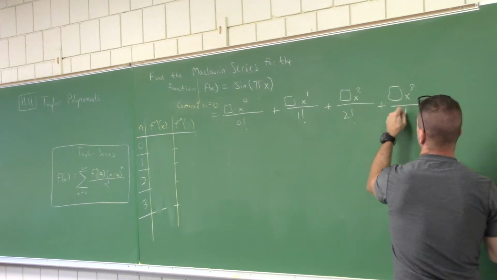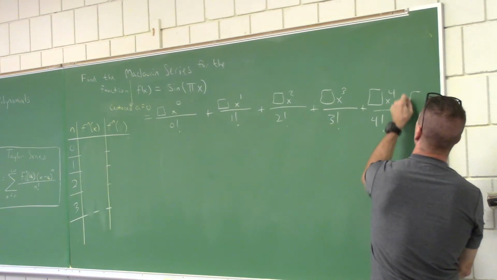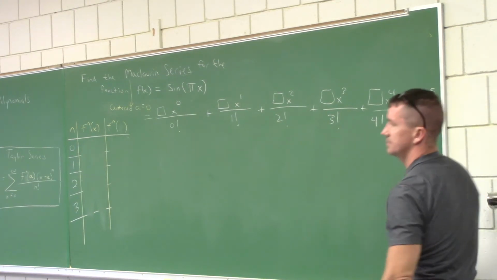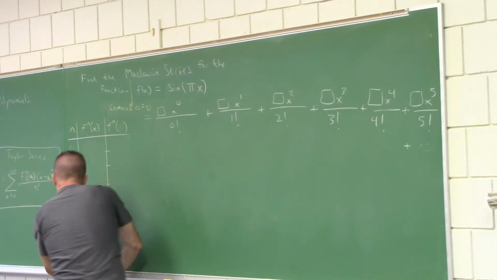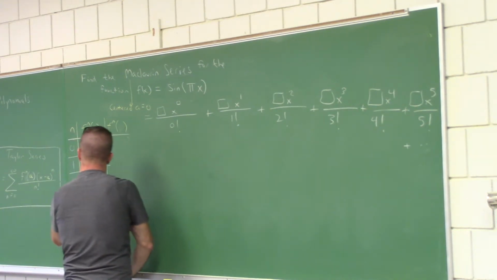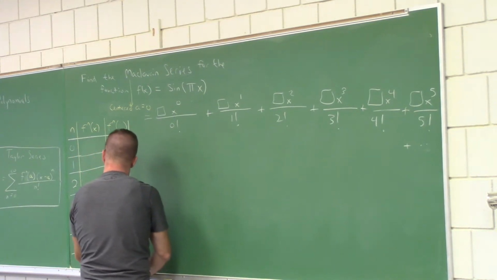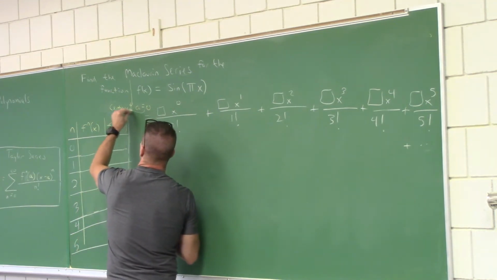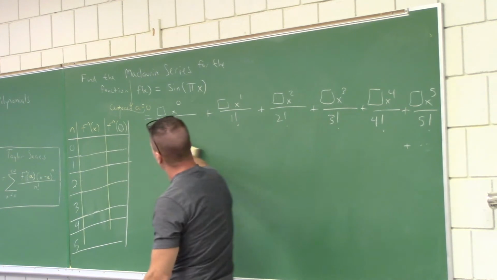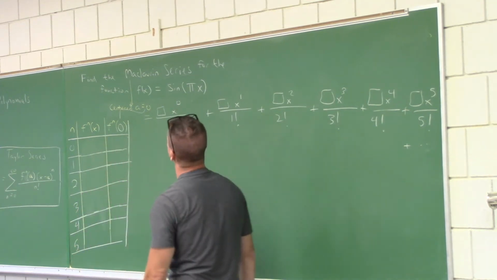Last problem we went out to the cube. Let's go up to the 5th. Still got enough room here. X to the 5th, I'll put right here, plus dot, dot, dot. So in our table, let's go out a little. My favorite is this is just going to be 0. Actually, after we do this whole problem and compare it to something, we'll come back to section 11.11. We use it to work one of the problems in that section. Okay,